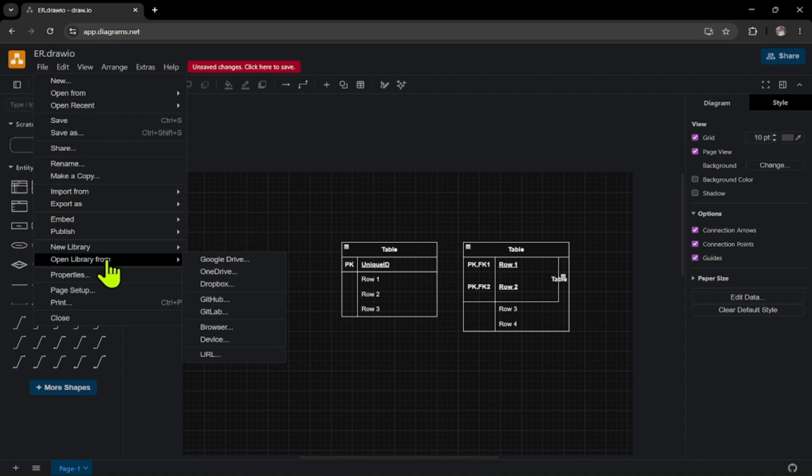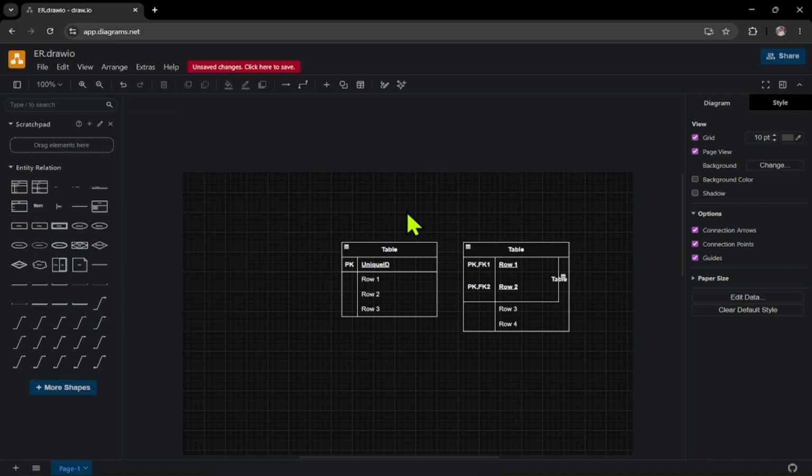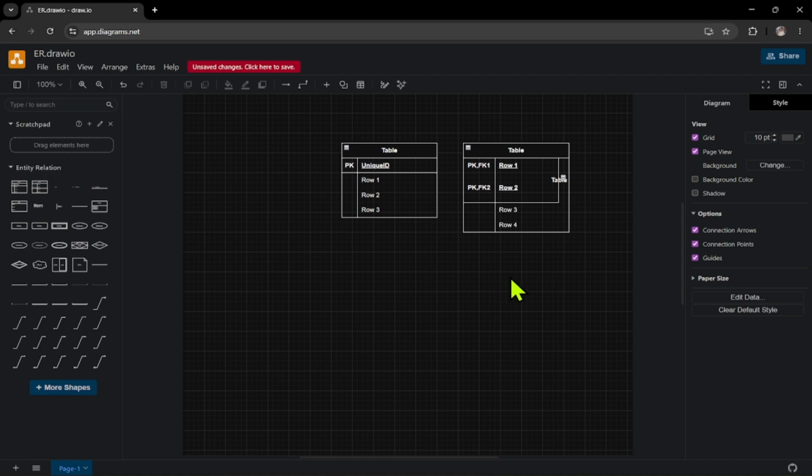So, to keep it simple, open draw.io. Create a new diagram, enable ER shapes, add your entities, write the fields, connect the relationships, and save or export the diagram. And that's how you create ER diagrams with